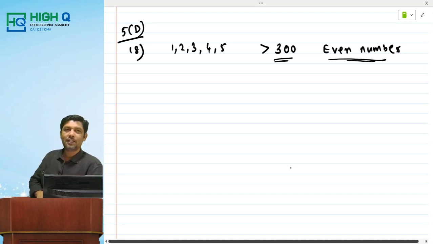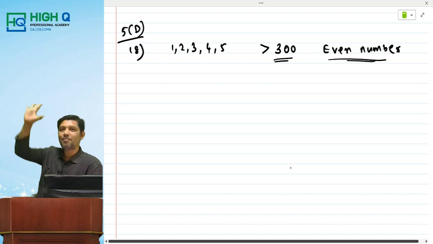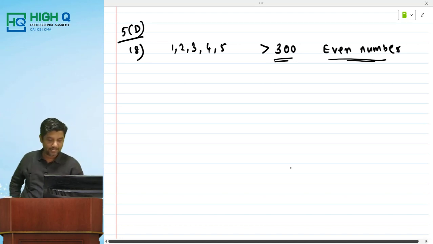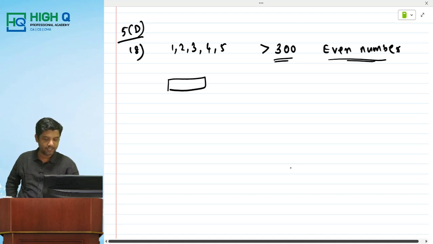Okay, let it be. Is the number of digits mentioned? How many digits should the number have? It is given as more than 300. More than 300 means it can be a 3-digit number, a 4-digit number, a 5-digit number, a 6-digit number, any number of digits. But how many digits are given? By using 5 digits only, a maximum 5-digit number can be formed. So there are 3 cases I can have. Either the number must be a 3-digit number, or